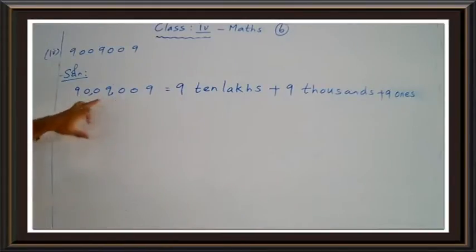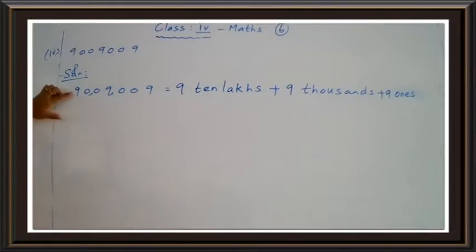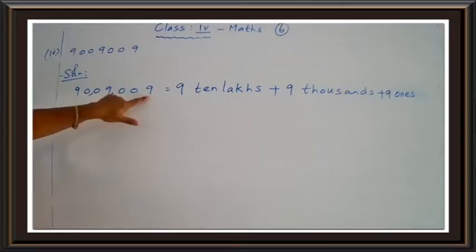நம்மளுக்கு பாரு இடையில உள்ள பிளேசஸ்ல ரொம்ப பிளேஸ்ல 0 இருக்கு. 0வை நம்ம எக்ஸ்பெண்டட் ஃபார்ம்ல ரெப்ரசன்ட் பண்ண வேண்டாம். ஓகே, ஸோ தட்ஸ் வை ஃபர்ஸ்ட் டிஜிட் இதோட பிளேஸ் வேல்யூ எழுது. இந்த 9ஓட பிளேஸ் வேல்யூ 9, 10 lakhs. அடுத்தது இந்த பிளேஸ் 0, ஸோ விட்டுறலாம். அடுத்தது 0 விட்டுரு. Next place this 9. So இதோட place value என்ன? Ones, tens, hundreds, thousands. So that's why plus 9,000 plus 100 place is 0, 10's place is 0, next place 9 ones. So your answer is 9 ten lakhs plus 9,000 plus 9 ones. Okay, are you clear? Yes.